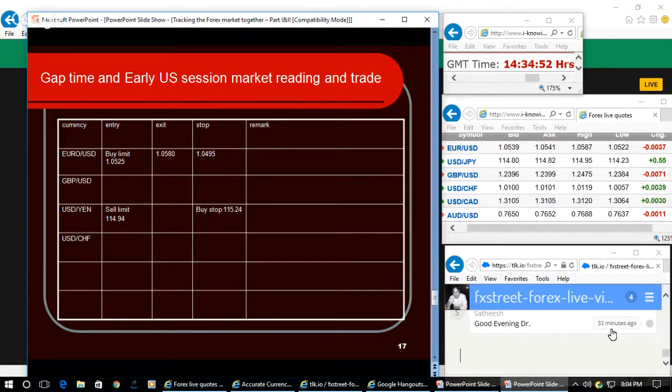So fine-tuning the forecast using the market reading is vital, and for that we use only the live market quote page. No other tool is being used. I stopped using it for the past 19 years. Before that I was extensively using it, being a statistics professor, and found that